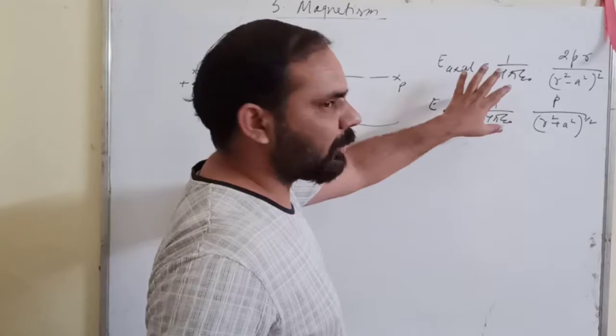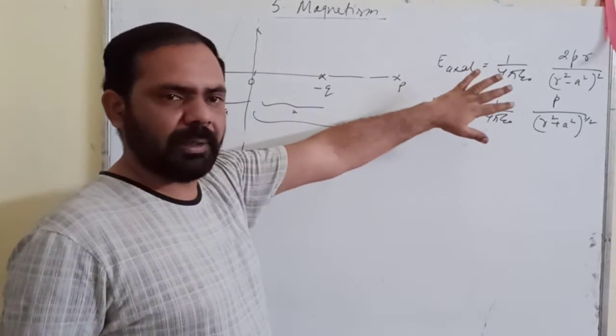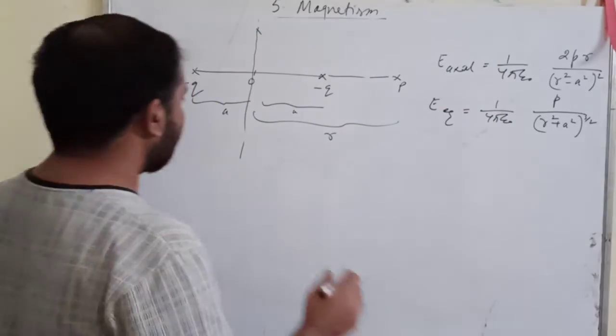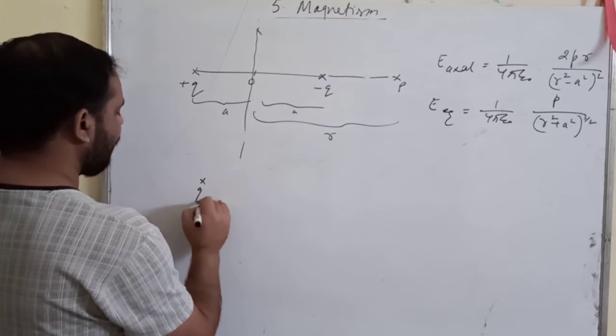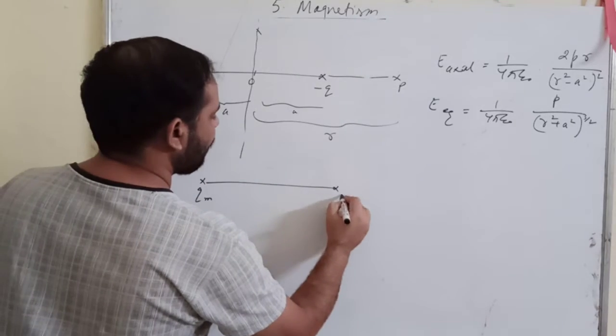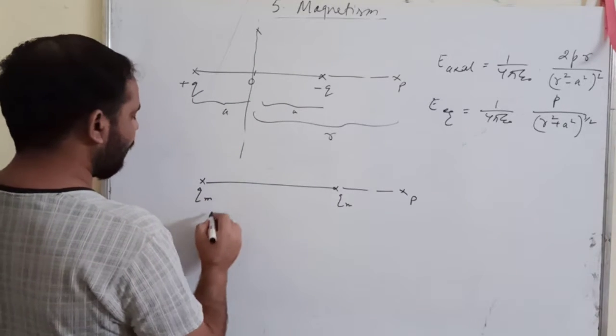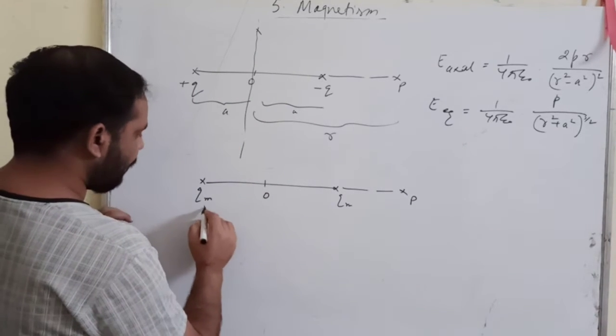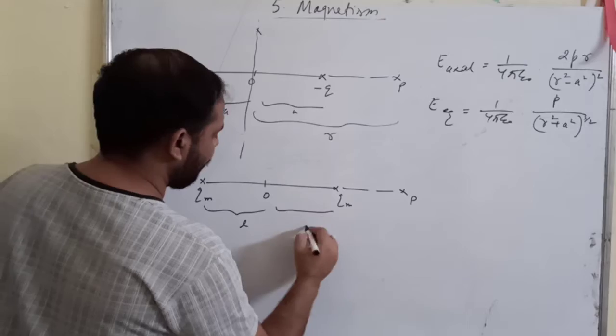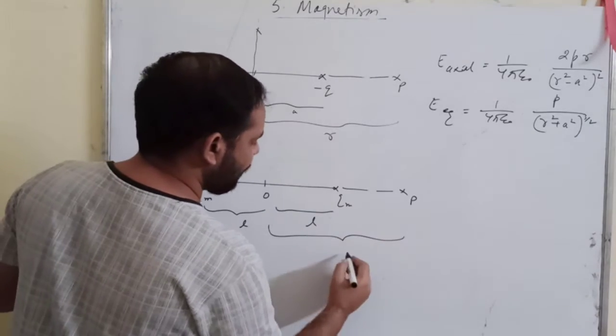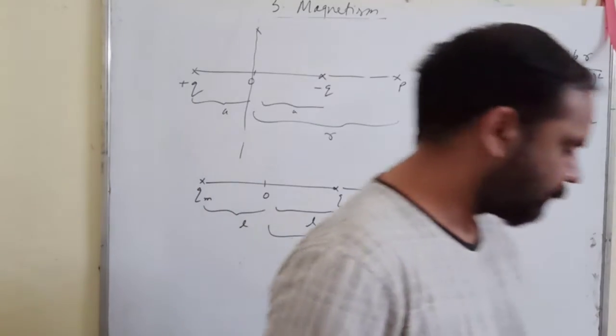Now how will these formulas change? The same process, the same steps, only a few quantities will change. Here you will have qm, and this is also qm. On the axial point, suppose this is your center, this is l, and this point is suppose